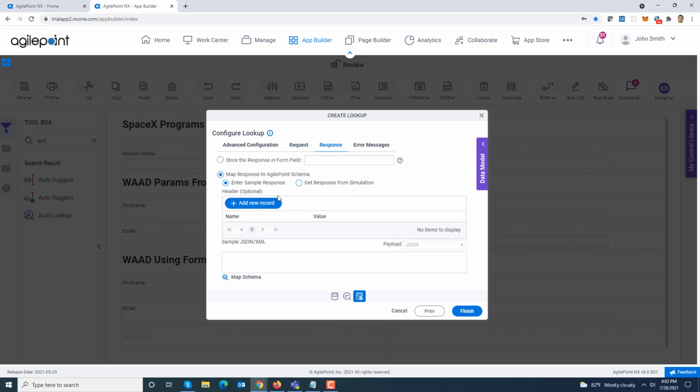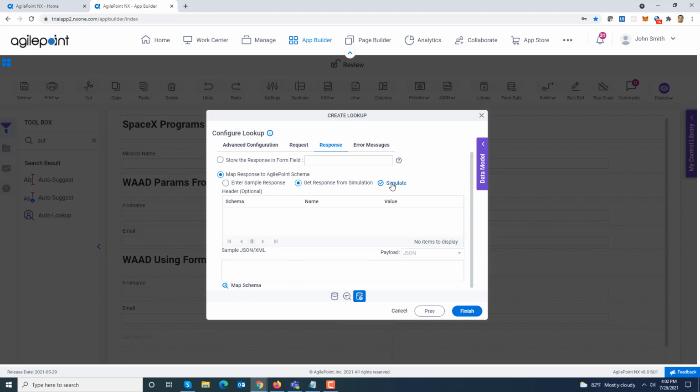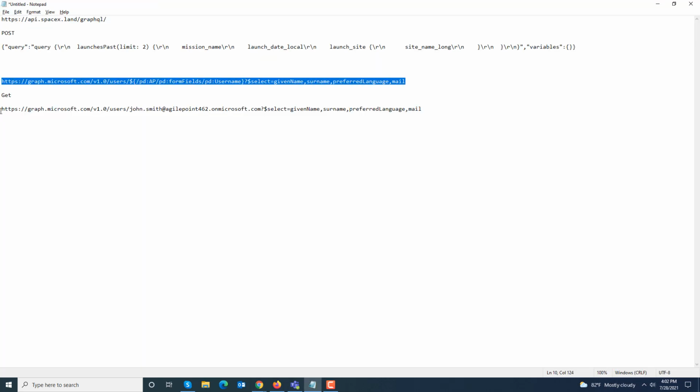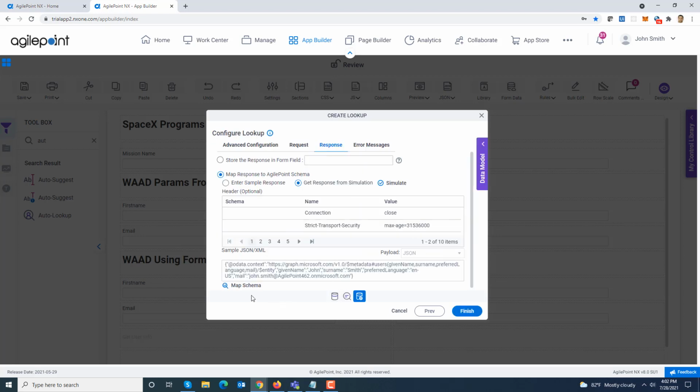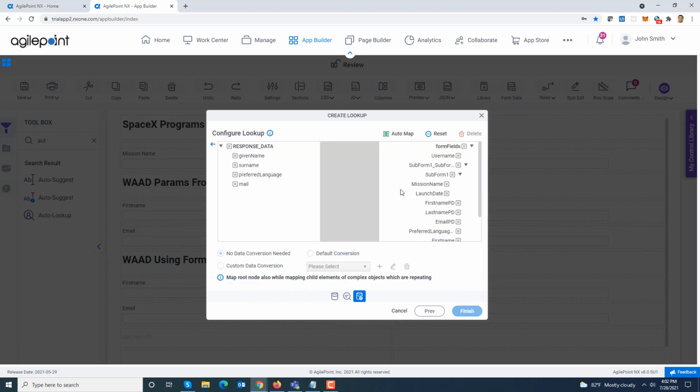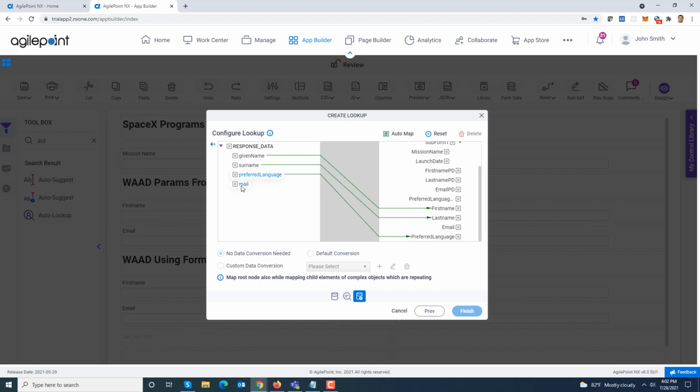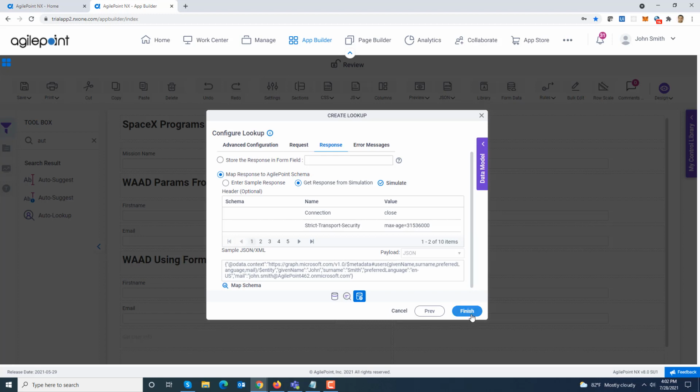The response, I can again either enter the payload manually or I can get it from simulation. I'm going to simulate it. For simulation, I'm going to use the same user. Click simulate. It returns back the response. I'm going to go ahead and click save, and then I'll click on map to schema. Now this is from the form instead of the process, so I'm going to map it to the form fields over here. So once I've mapped these 4 values which I'm interested in, I just go ahead and click finish